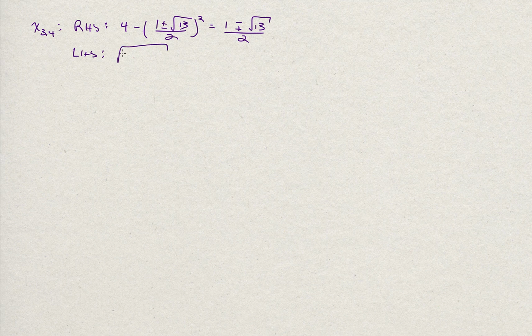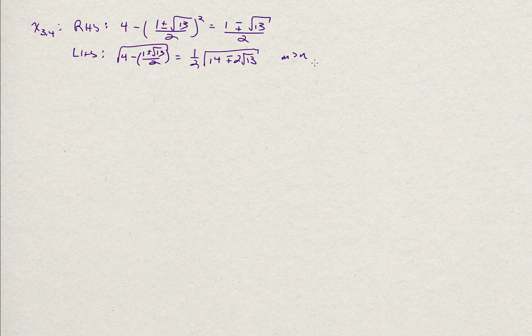The square root of 4 minus 1 plus or minus the square root of 13 over 2. So just to be different, I'm going to factor out a factor of 4 from the square root, making it a 2 on the outside. What that does on the inside is it gives us 14 minus or plus 2 square root of 13. Now I do this because denesting a radical with a 2 in front of that inside radical is a lot easier to do. All I need is an m and an n,